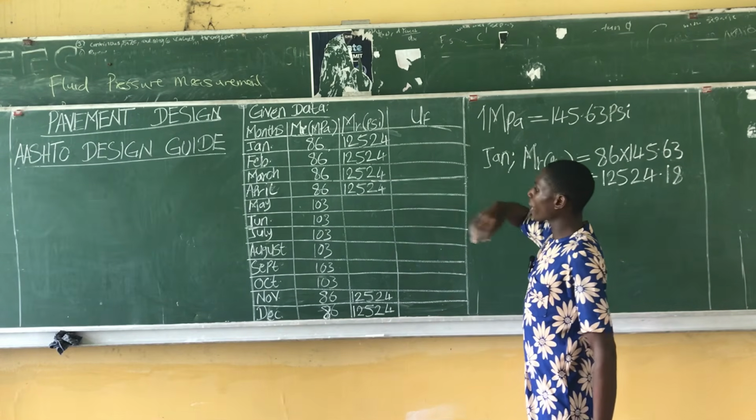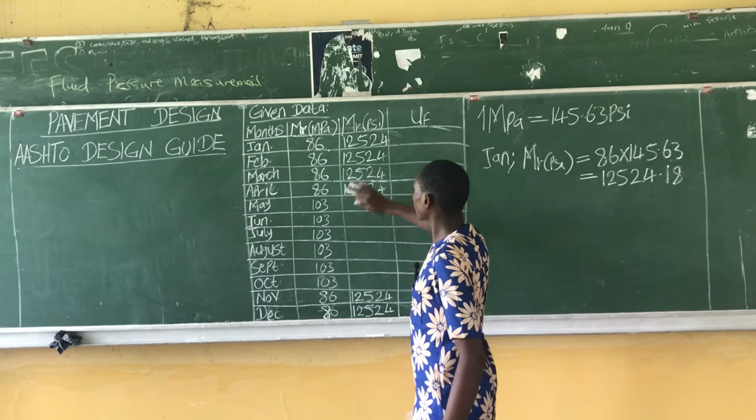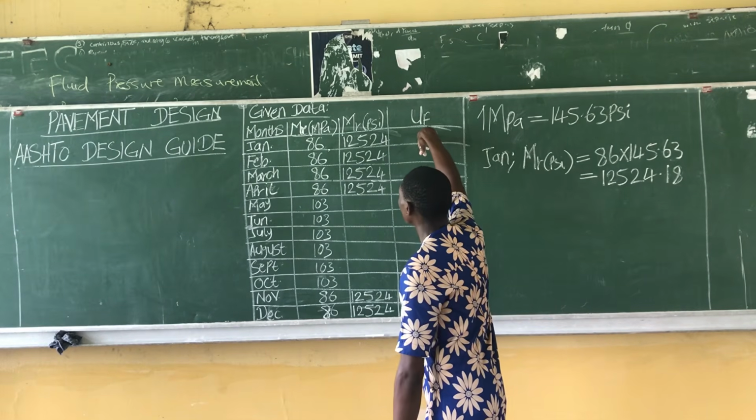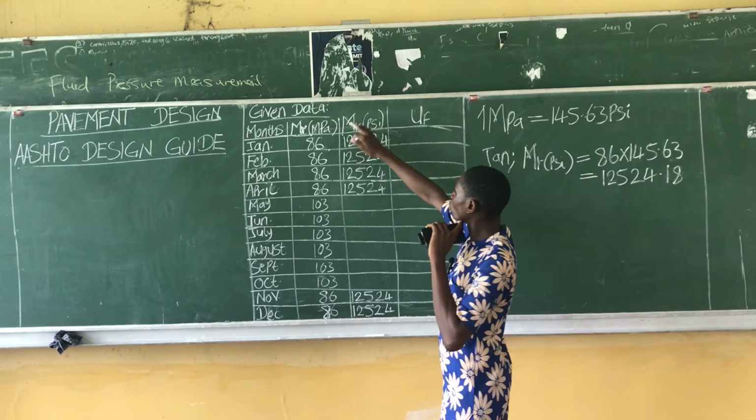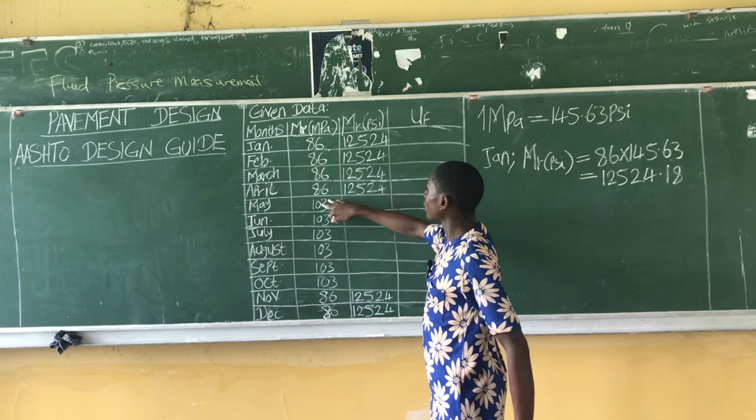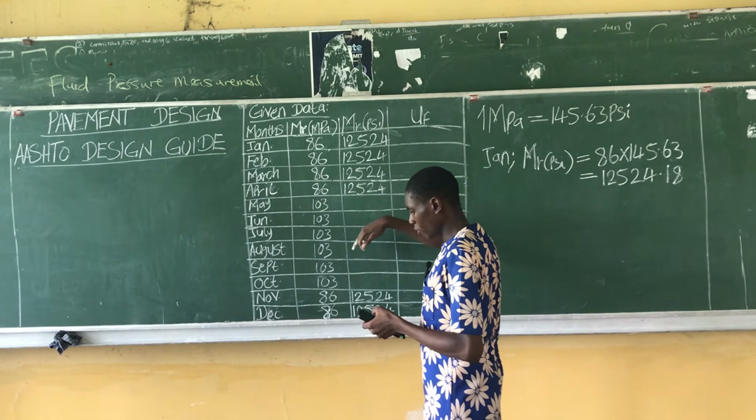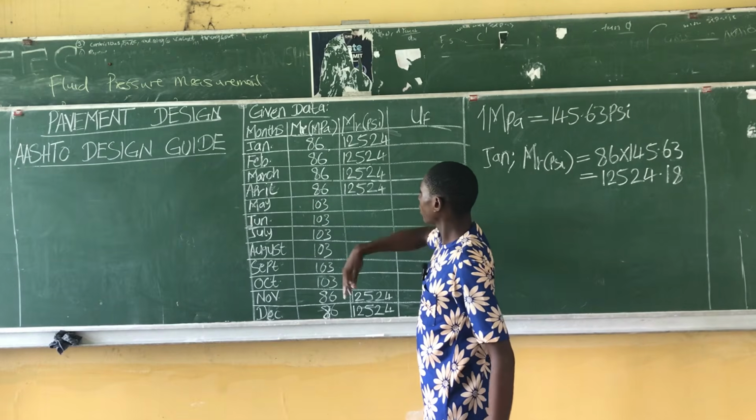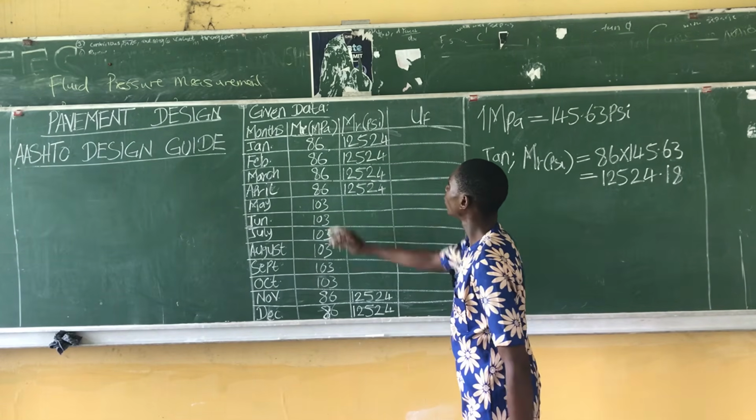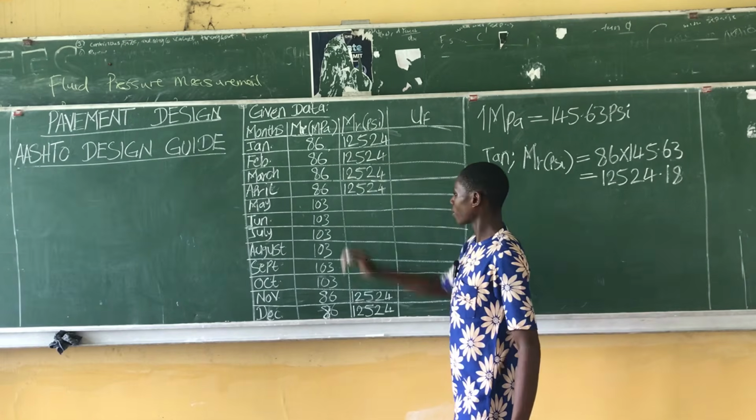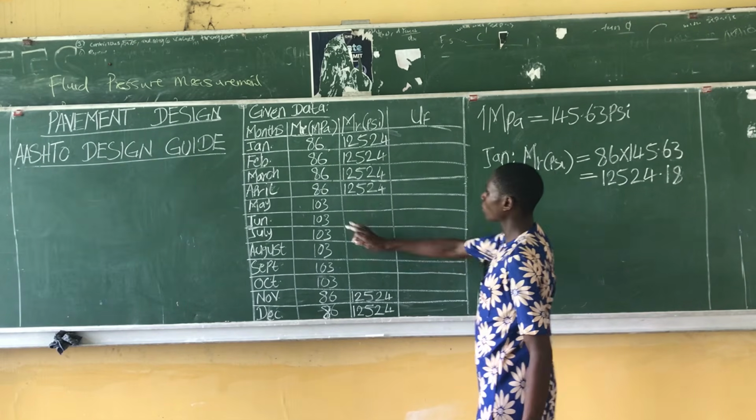Okay. After getting our values for the months that have the same resilient modulus, the next thing to get is our resilient modulus in PSI for the months that have different values. So from May till October, we have a resilient modulus in megapascals of 103. So computing for May,